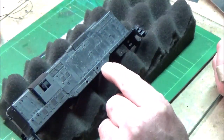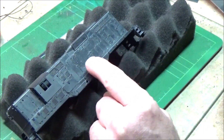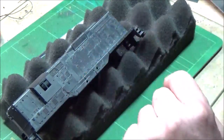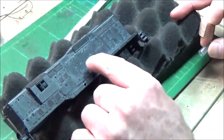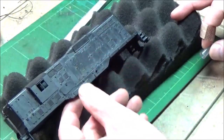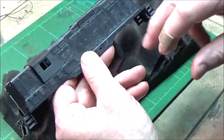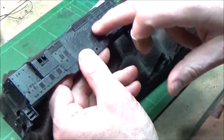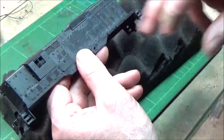What I accidentally did is got impatient and tried to use a little lacquer thinner. I knew it could possibly damage the styrene, but I tried to go quick. But what I've done is I've lost some of the detail on the side of the body. I think what I'm going to do is just paint that, make it look like a peeling rusty area behind the logo,